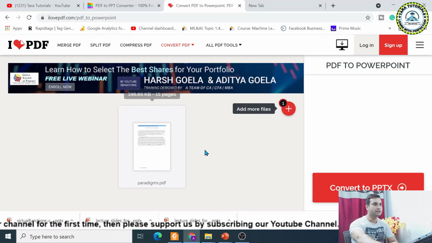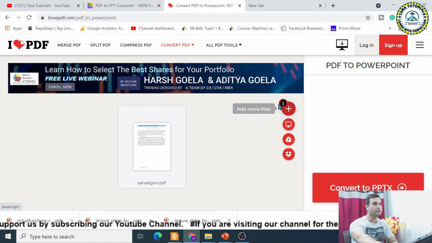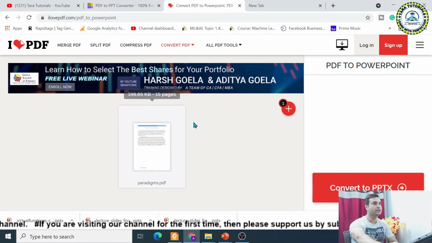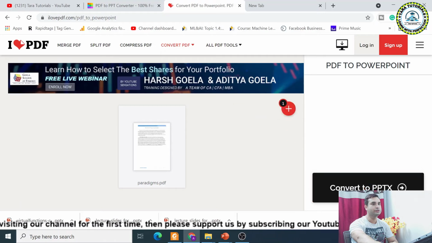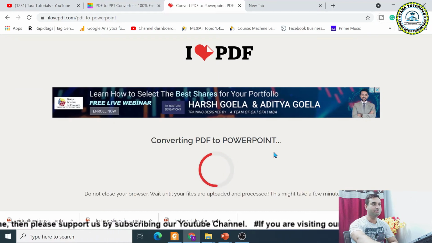It will take some time, and you can also add more files here if you wish to convert more than one PDF file into PPT, and then convert it to PPTX. It will take some time, and while converting PDF to PowerPoint, you are not supposed to close the browser.